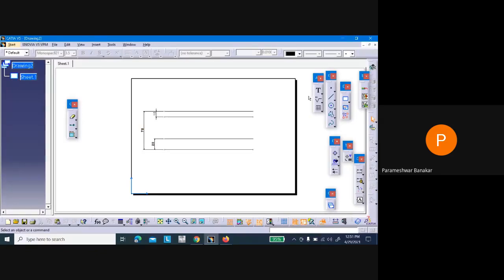So in order to get these numbers, which numbers, I will show you. In order to get these numbers, 10, and this 20, this 20, and one more here is 70.